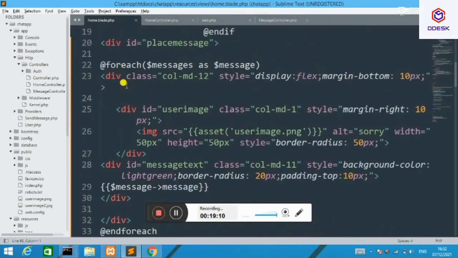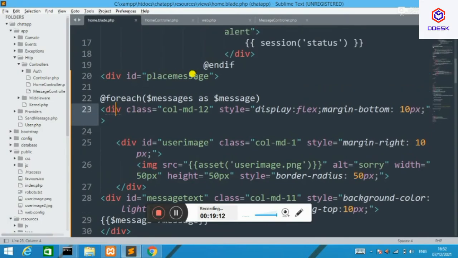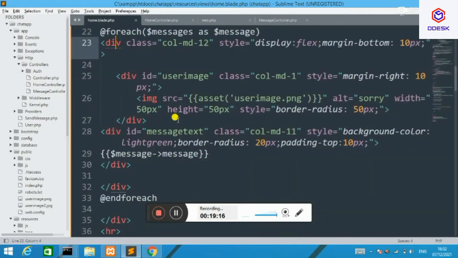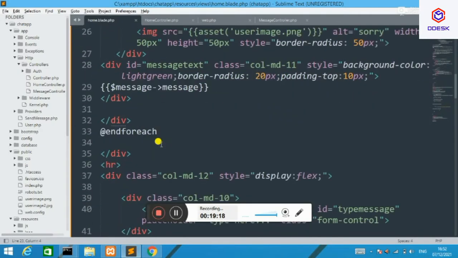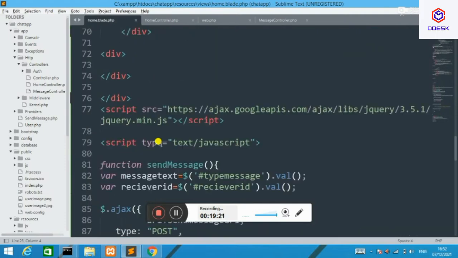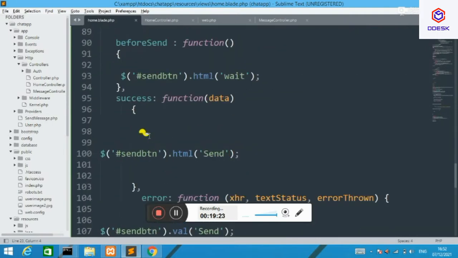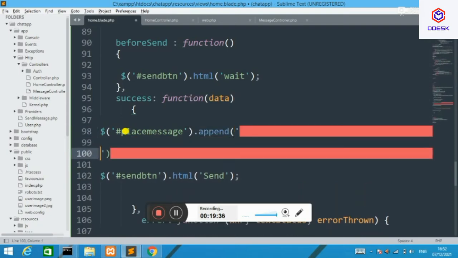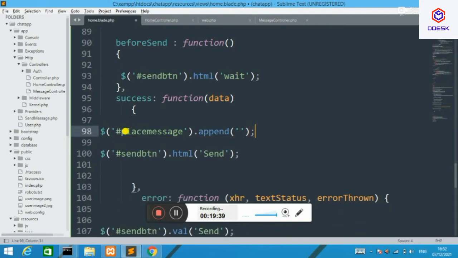To do that, I will simply copy the whole classes, and the place message is a div where I want to append the message which I'm sending. After the success message, when the response comes back, you can type place message, which is the ID of the div where I want to append the message which I'm sending to my friend, and put append here.